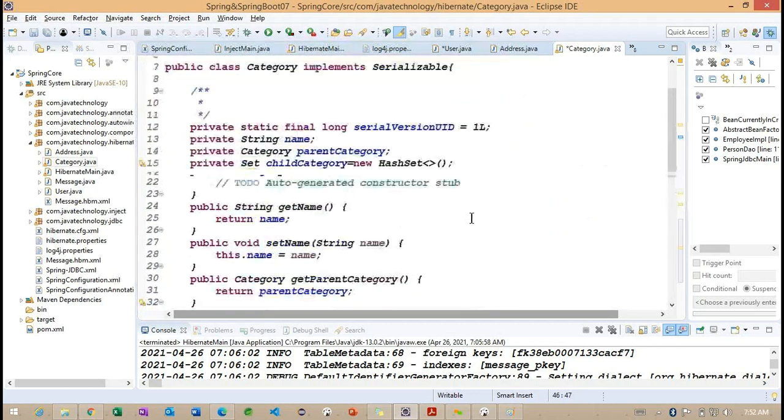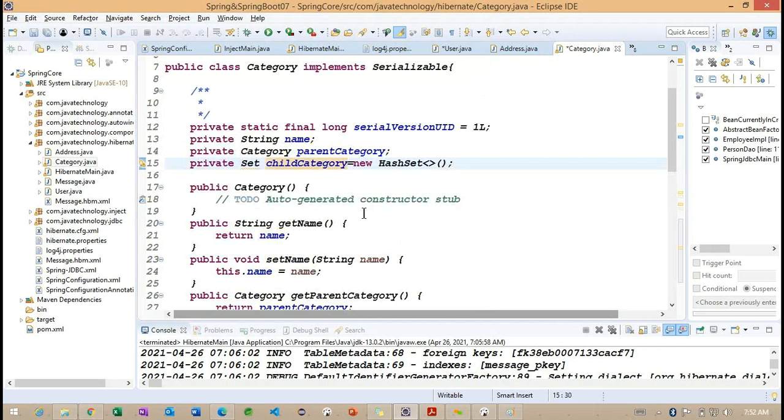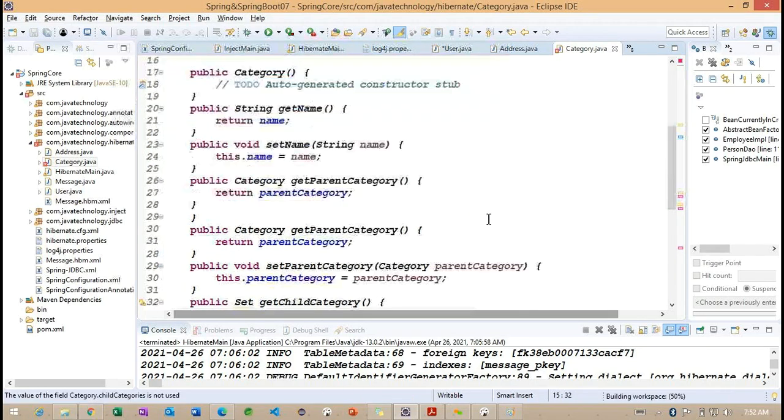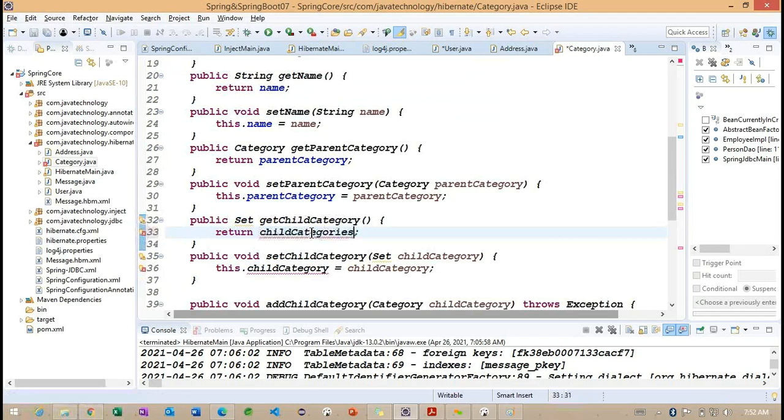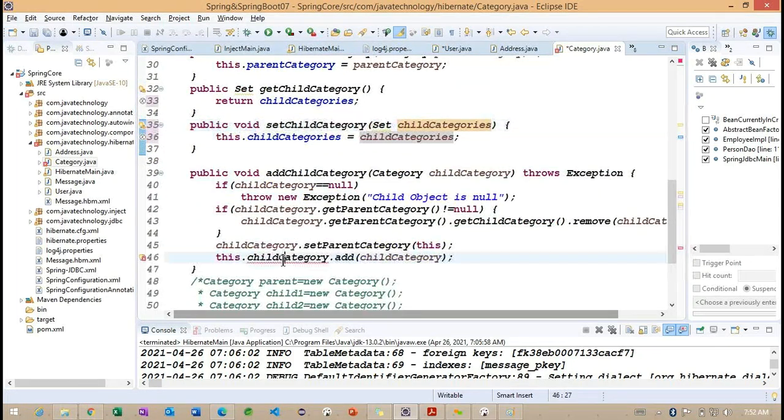Getting the point. So here I want to change to categories because we are going to get multiple child categories, which is causing an error here. I want to change to categories.